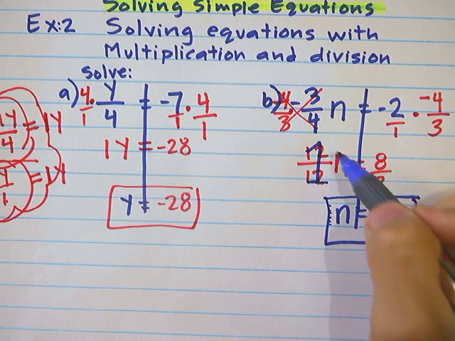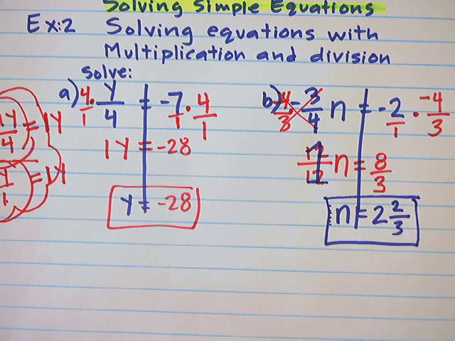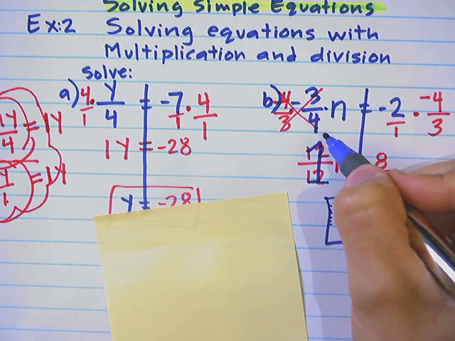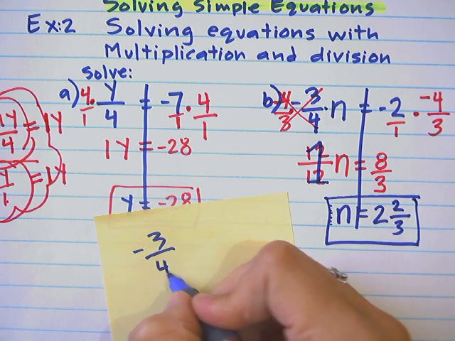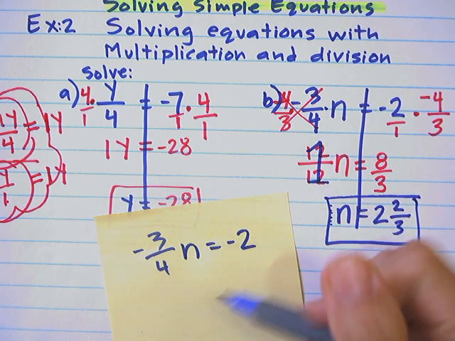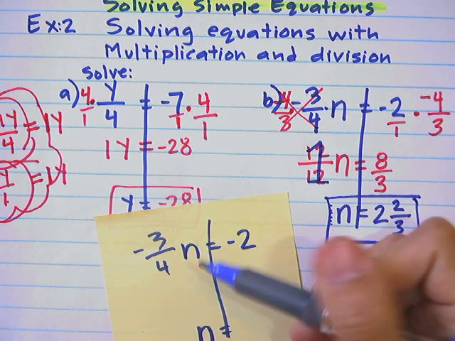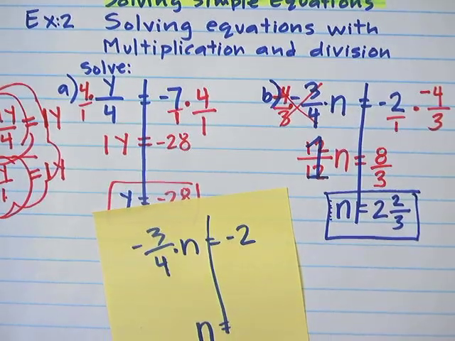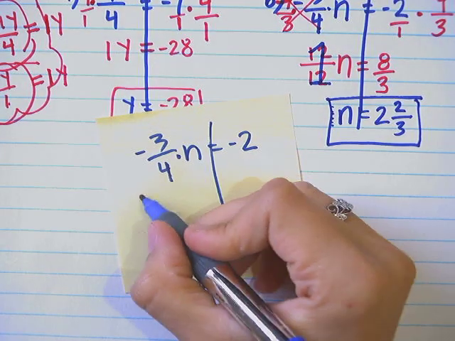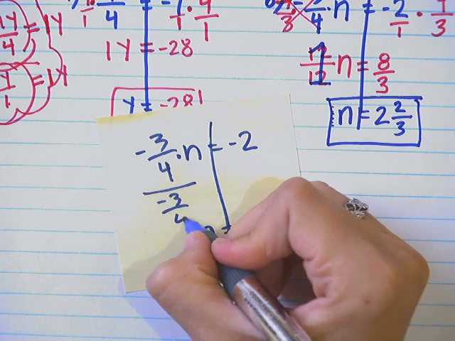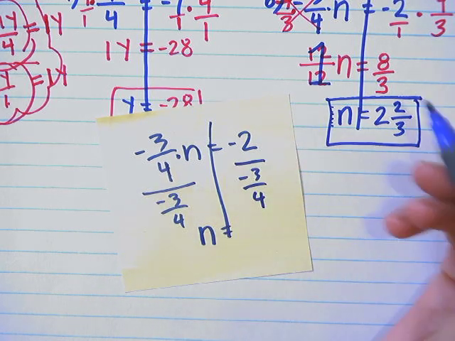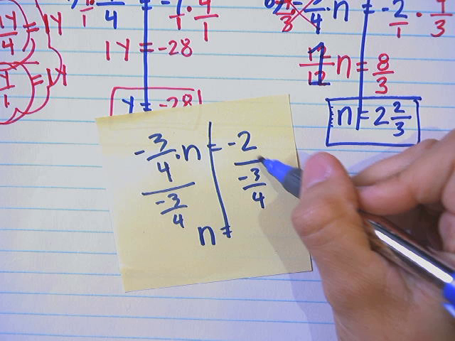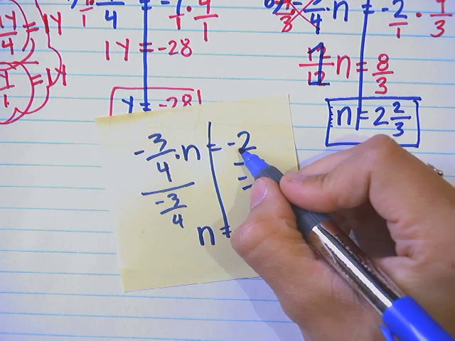Alright. Now, let me show you what this would have looked like, because some people will say this is being multiplied by 3/4. Little side note. If you see this as, Ms. Flores, this is multiplied by 3/4, so don't we divide by 3/4? Yes, you're right, you can do that, but it'll look like this. And that just looks really strange because you have a fraction in a fraction using a division bar, and even if you don't use the division bar, it would look like